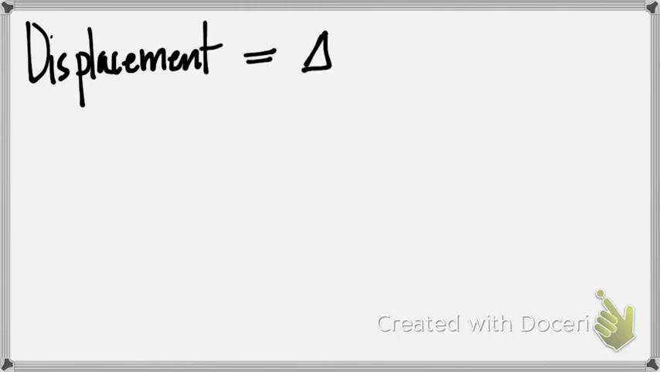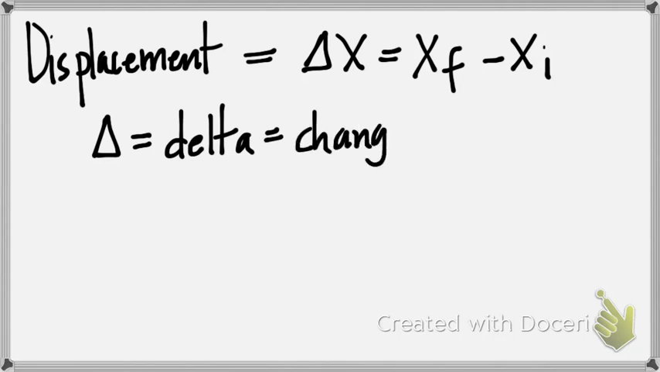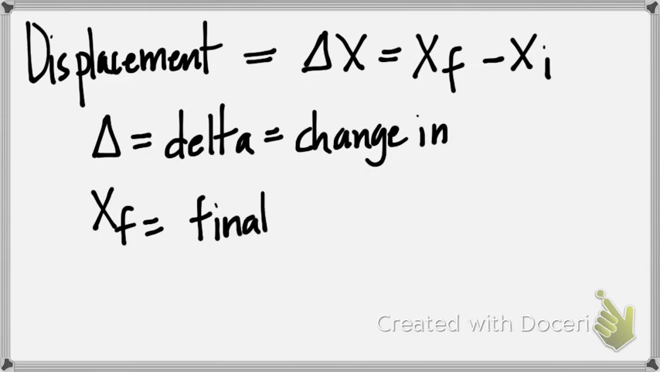Displacement does have a formula, and it has a couple of formulas actually that you'll use, but displacement basically is going to be given to you by delta x, which is xf minus xi. Now, what the heck does that mean? If you see a triangle, that stands for delta, and in science that means change in. So the change in displacement stands for xf, which is basically your final position,